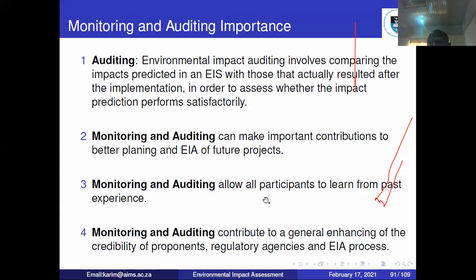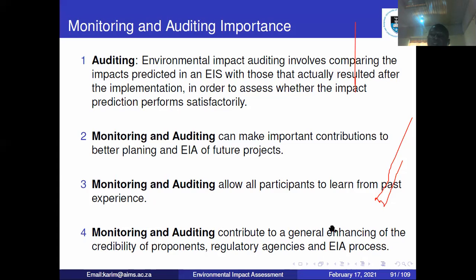Monitoring and auditing will allow participants to learn from past experience. So once you monitor and audit, of course, you are going to learn from your past experience, and that improves the environmental impact statement report. Monitoring and auditing contribute to a general enhancing of the credibility of proponents, regulatory agencies, and the environmental impact